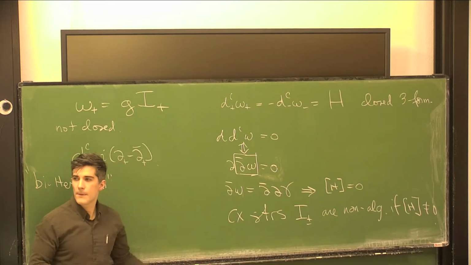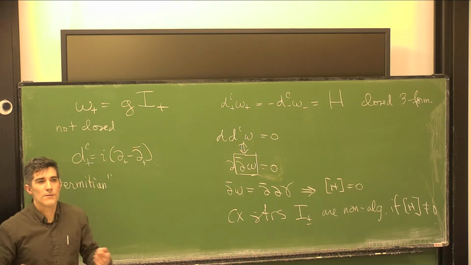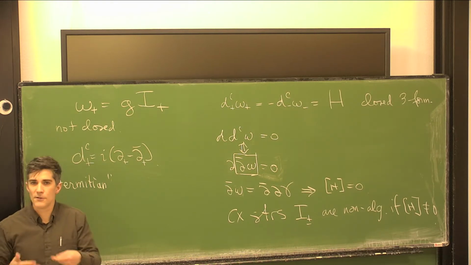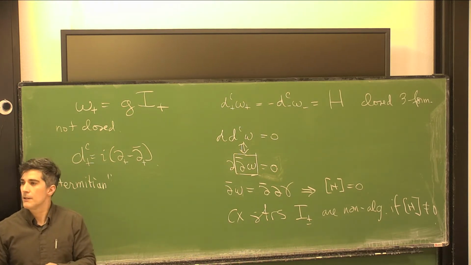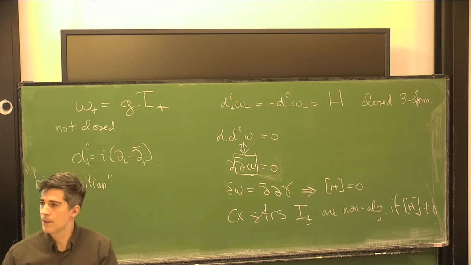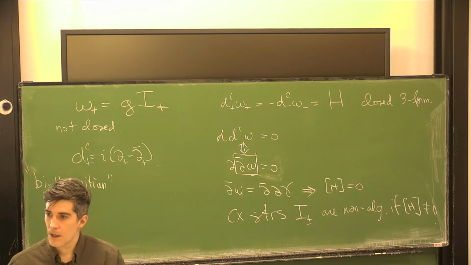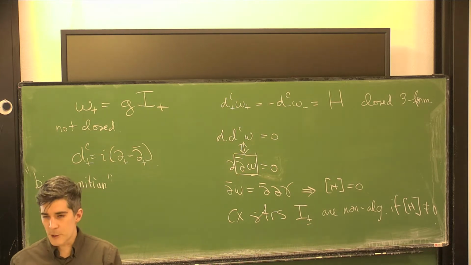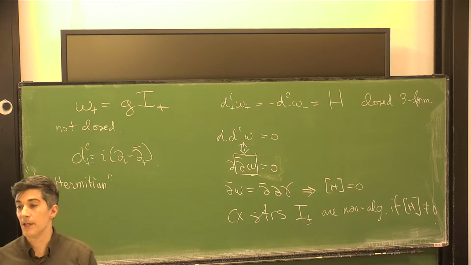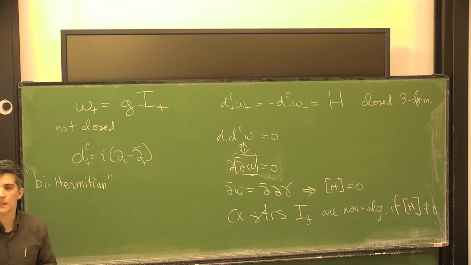What does it mean, non-algebraic? It means the complex manifold doesn't come from algebraic geometry. It's not a projective one. Well, it holds for algebraic and a little bit more than that, but it definitely holds for algebraic ones. But not for all complex manifolds. So, for example,